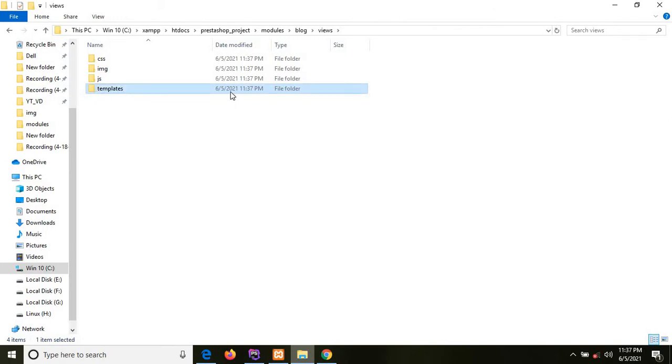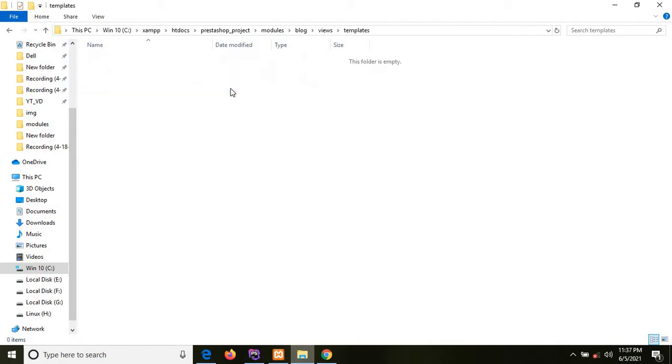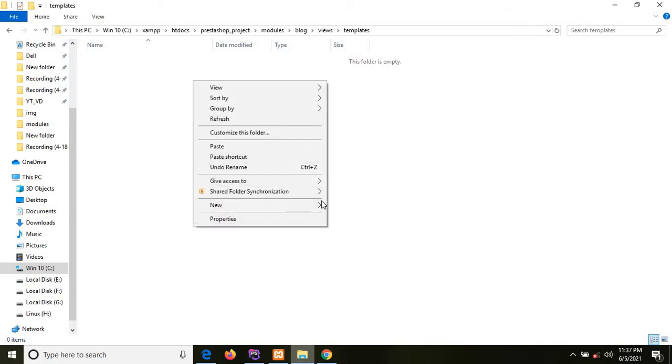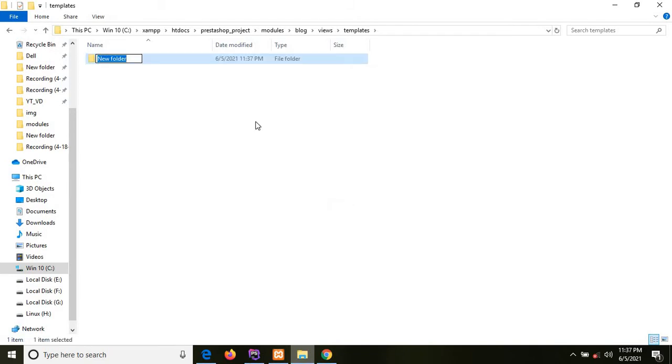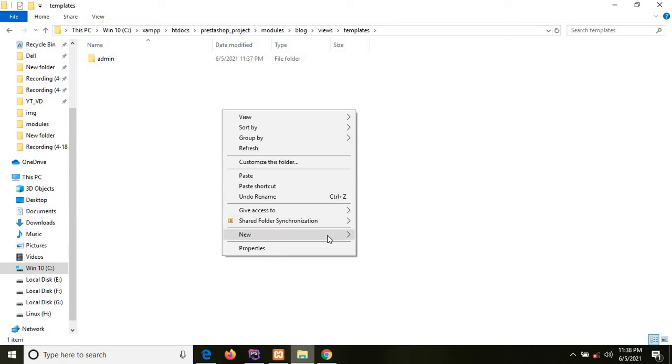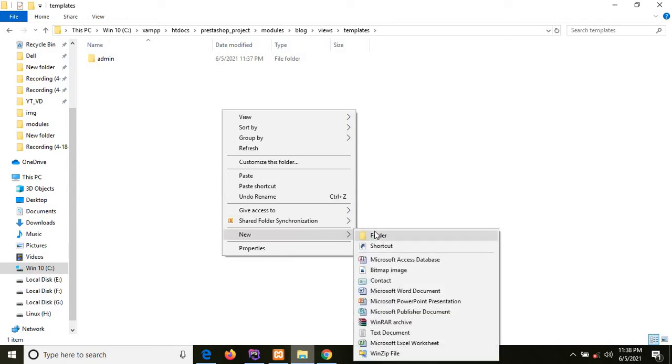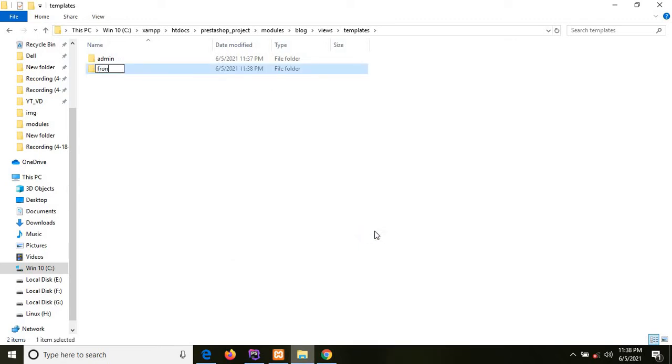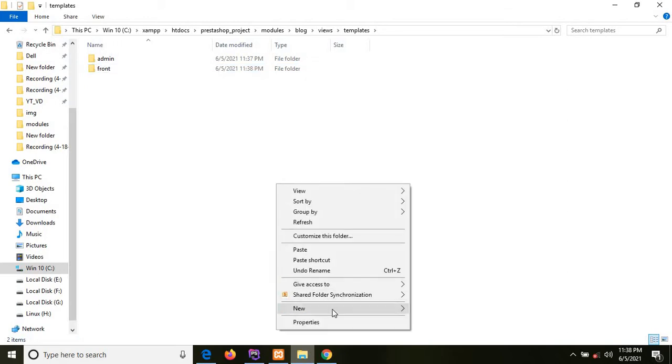Okay, under the templates directory we'll create 3 different directories, because the HTML files are related to the front office, back office as well. So we'll create different directories for that. So first for admin, then after that we'll create another directory for front, and third is for hook.